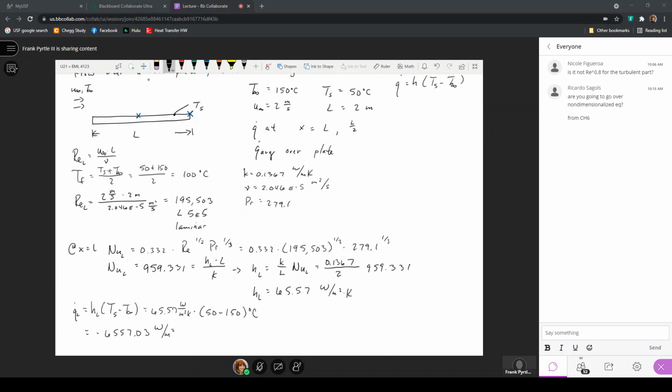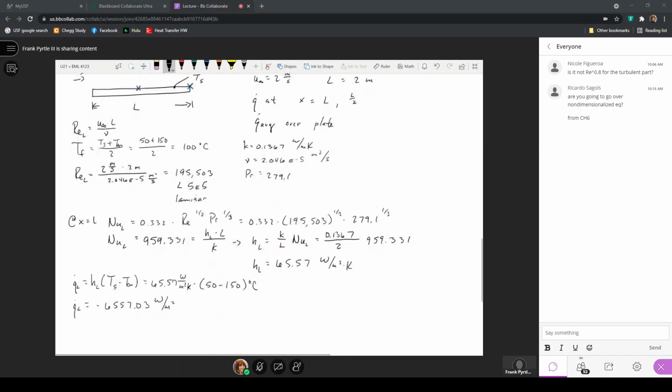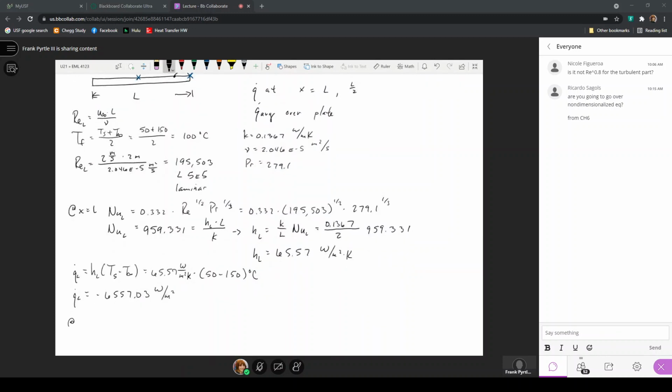Now here the degree C cancels with the Kelvin because this is a temperature difference. The temperature difference in degree C is exactly the same as the temperature difference in Kelvin. So those temperature units directly cancel. So this is the heat flux at X equals L, and it's into the plate again because the temperature of the fluid is greater than the temperature of the surface. Now here at X equals L over 2,